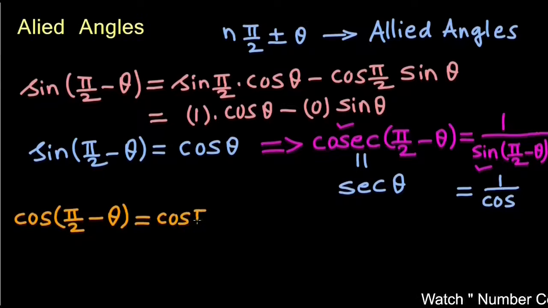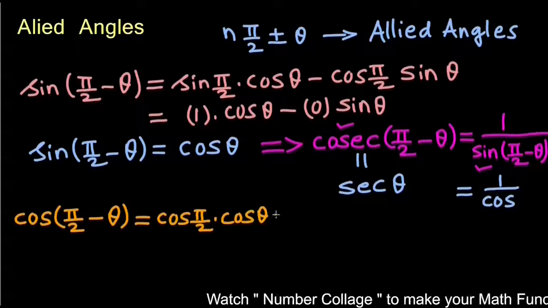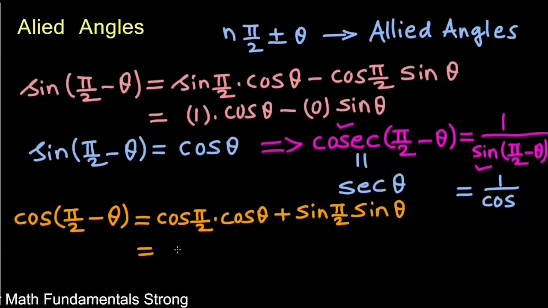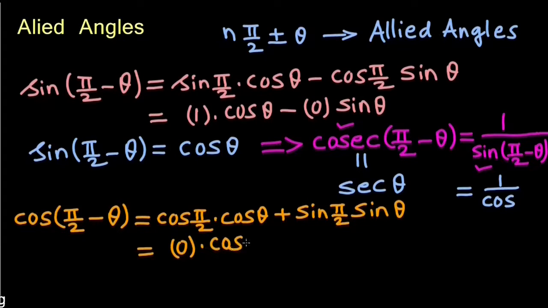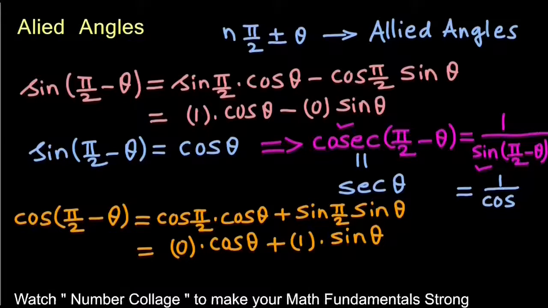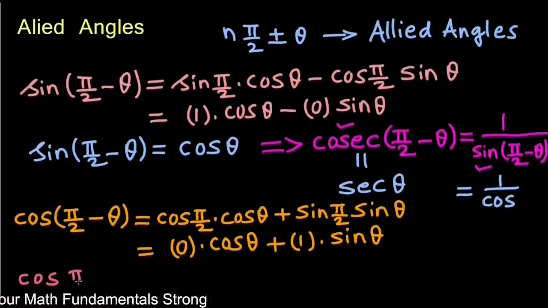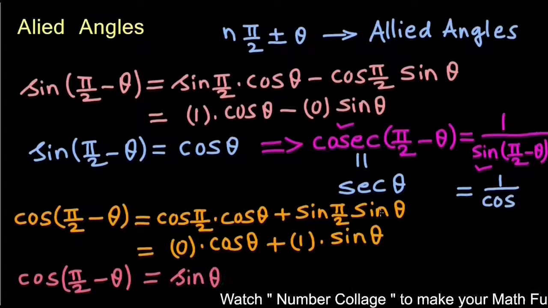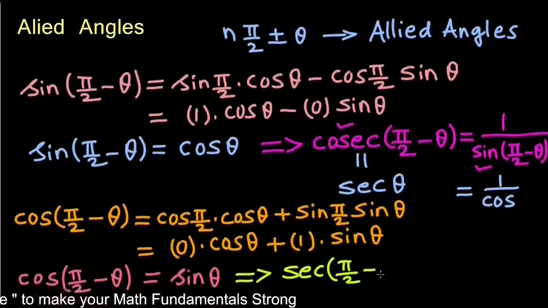It will be cos pi by 2 cos theta plus sin pi by 2 sin theta. Cos pi by 2 is 0, cos theta plus sin pi by 2 is 1, sin theta. So therefore cos pi by 2 minus theta will be sin theta, which implies sec pi by 2 minus theta